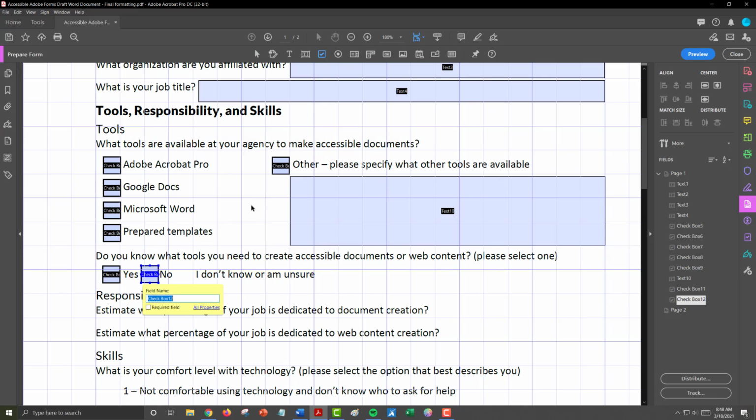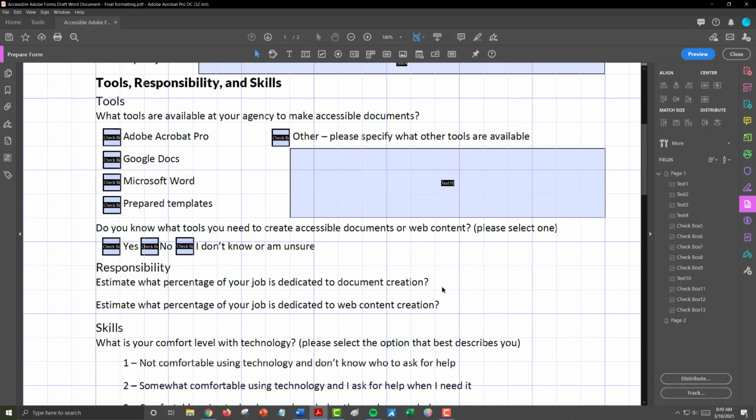And so I'm going to draw the exact same size checkbox for my yes, my no, and I don't know or unsure. And I can use those alignment distribution tools to help make sure that I have an accurate alignment or distribution going across the page as well.